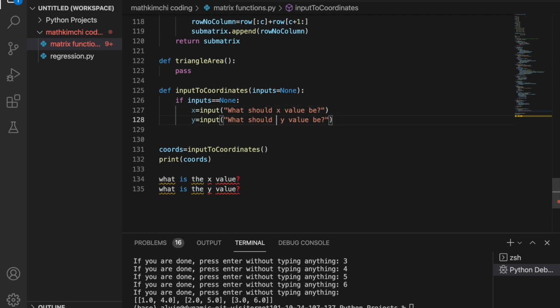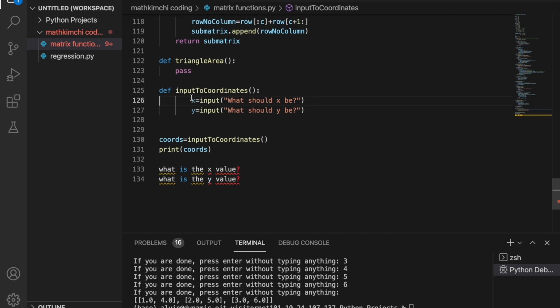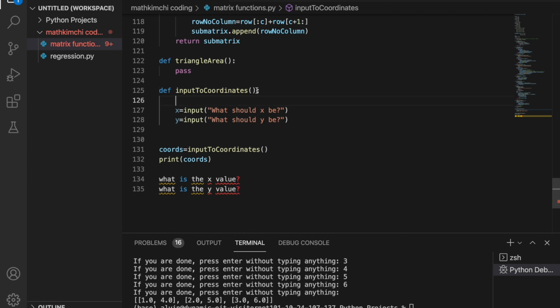If it's possible, and actually, I'm just gonna... I don't think I'll be using this or passing lists into this, so it's not gonna take in anything at all, and we can make inputs equals, I guess, an empty list for now, or we can actually call it coordinates, or chords for short. What should x1 be, like x2, x3,